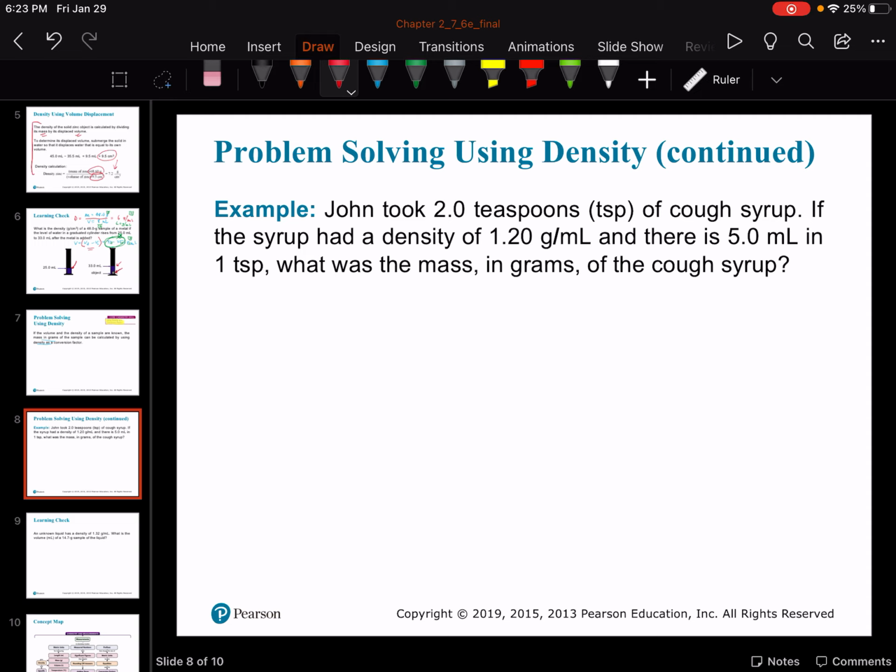Let me go back to red here. John took 2 teaspoons of cough syrup. Volume is equal to 2.0 TSP of cough syrup. If the syrup has a density of 1.20 grams per mil, and if there's 1 mil in a teaspoon,